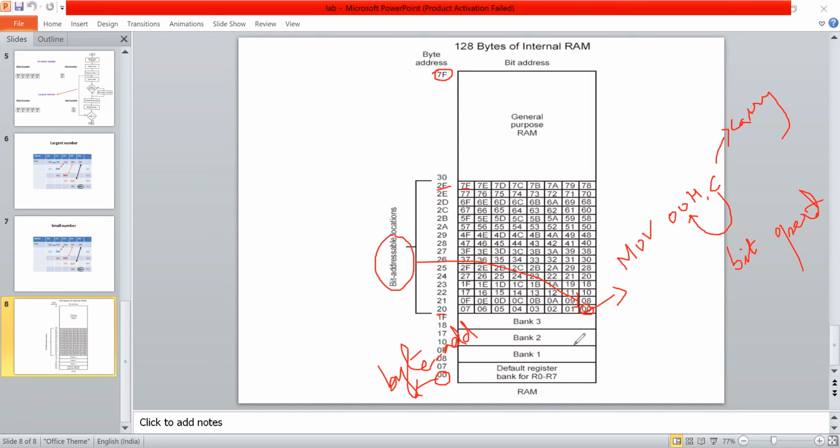So now here it is going to be one data. The data will be one. The rest of every location it is going to be zero. So in this location, the data at last is going to be 01H.